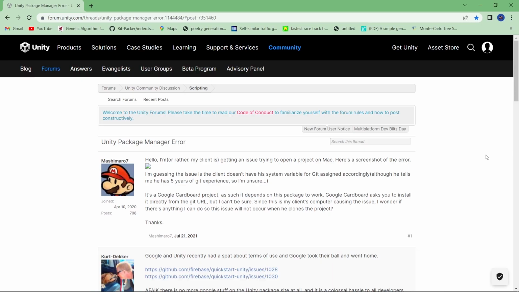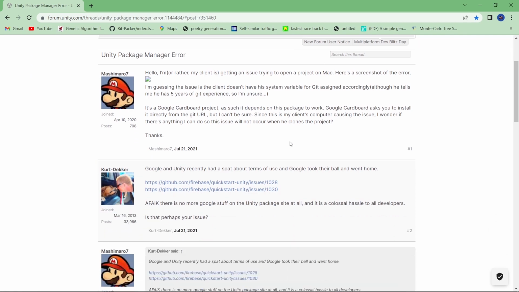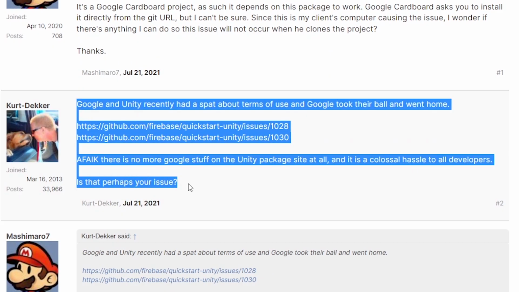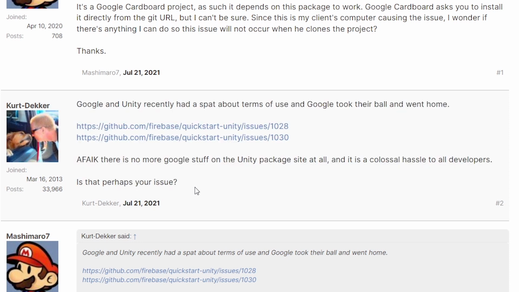After looking into this, I came across this particular comment in the Unity forum. Once I saw this, I knew working on this any longer would just cost me my time, and also I was pretty lazy to debug all these errors. So I decided to take an alternative approach.